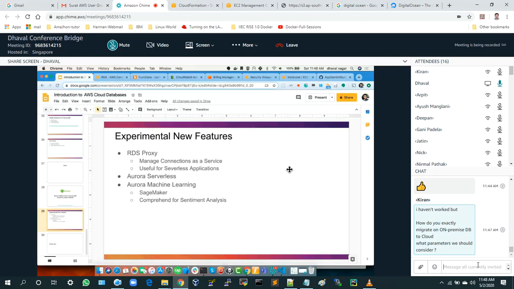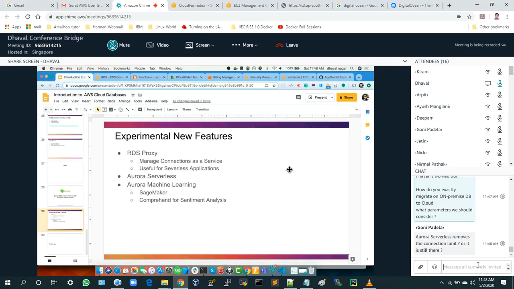You have dedicated services like Comprehend or Textract, which are purpose-built machine learning services, or you have SageMaker, which is your general purpose machine learning service, where you can deploy a model and execute whatever you want. So Aurora has the capability to execute SageMaker endpoints and Comprehend, that is basically text sentiment analysis,